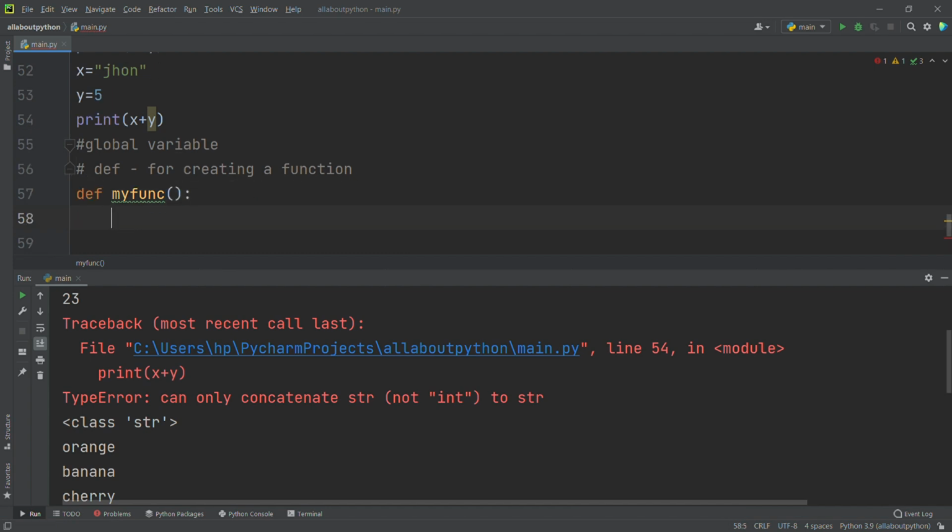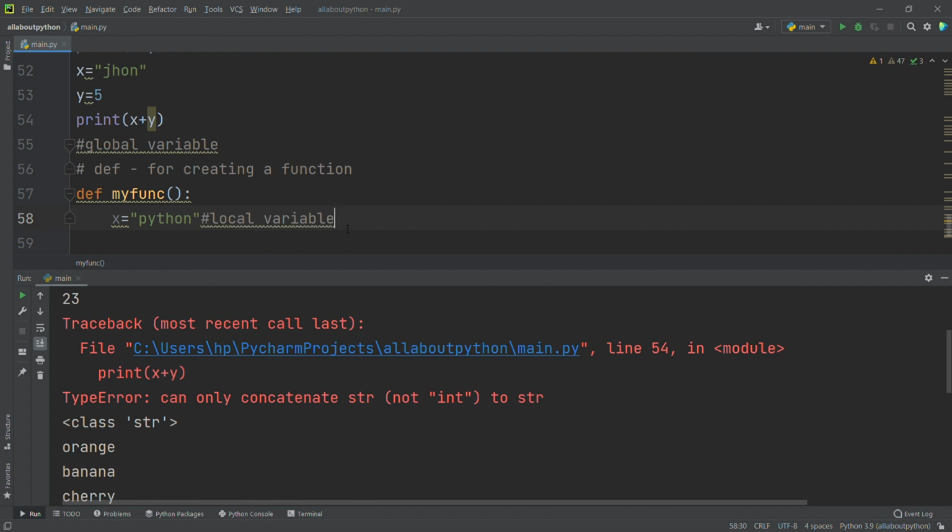Now inside my function, if I create any variable, that is called a local variable. If I create x is equal to something, anything, say Python, then it is called a local variable.